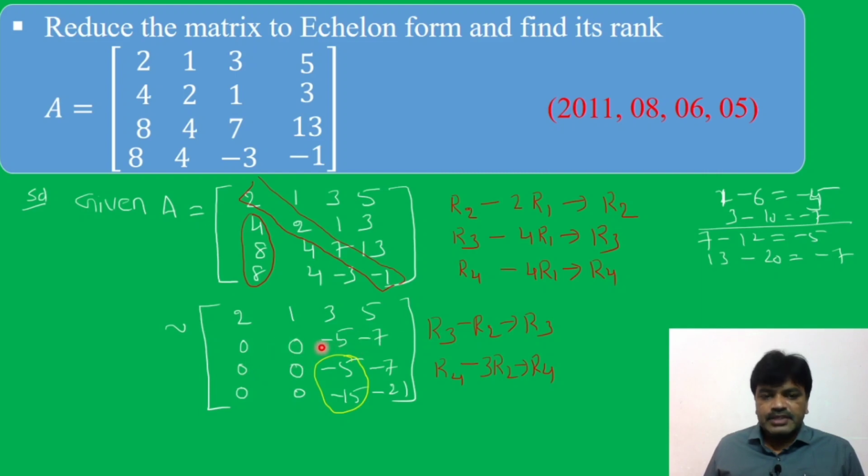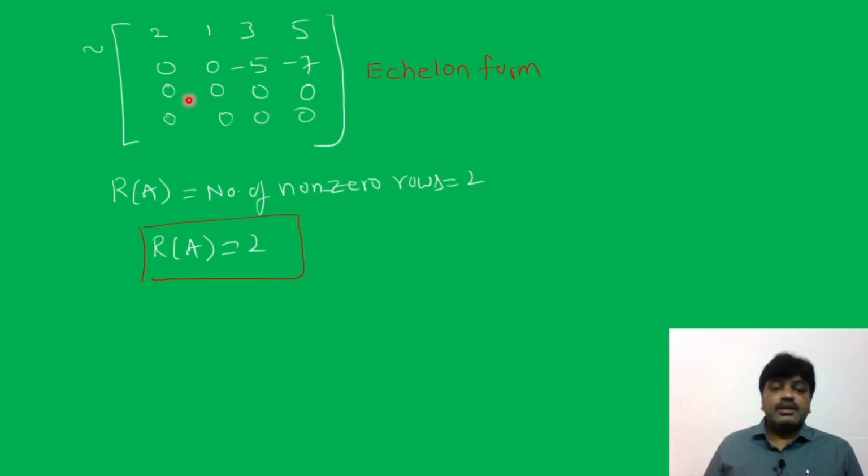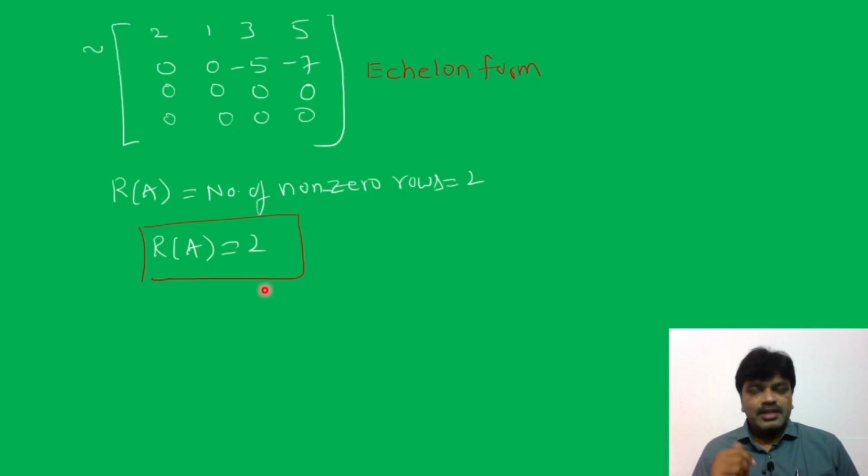And then I fix R2. I want to make these 2 elements 0, so I apply row operations here. Then we get the last 2 rows as zeros, friends. Now this equivalent matrix form is echelon form. Rank of A is equal to the number of non-zero rows. Here the number of non-zero rows is 2, so the rank of the given matrix is 2. This is about echelon form, its properties, and how to reduce a matrix, understood through the example.